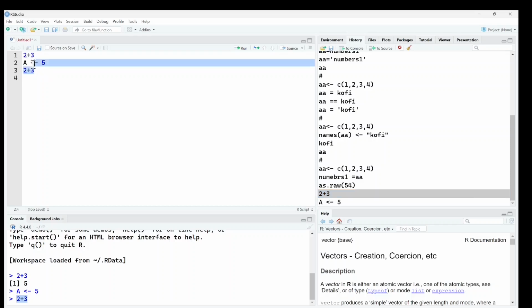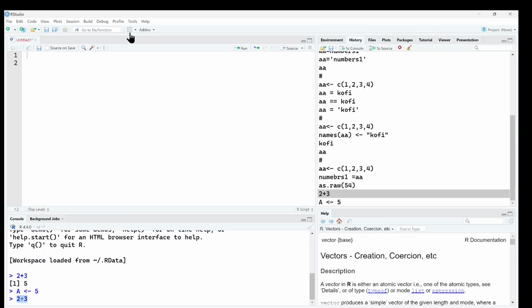Now the panes you see here could be adjusted. Probably you do not like the setup you are seeing on my screen, and you wish maybe your console could be on your top right corner and probably the environment tab on the bottom left corner. You could change that. So you head to this four squared